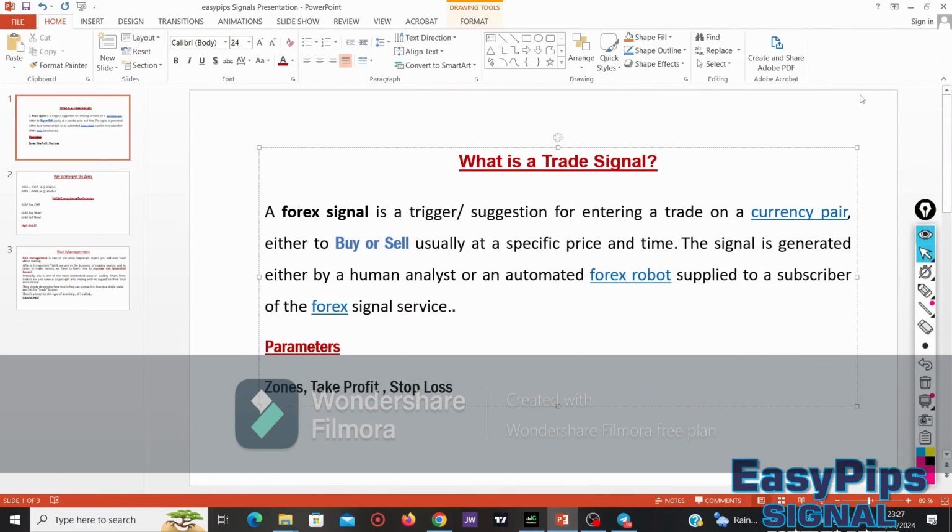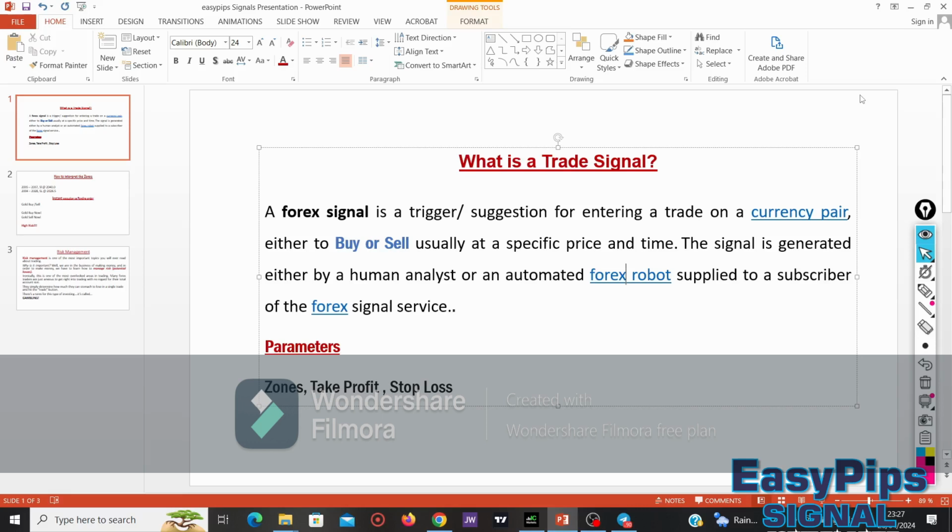And in today's video, this video is going to be part 2 of the previous video we have done, that is how to trade Easy Pips signals. And this video too equally relates to you trading signals from any signal provider. So this video is going to educate you on how best to trade signals and how best to make use